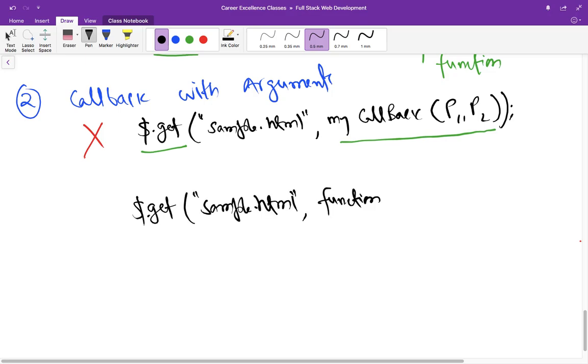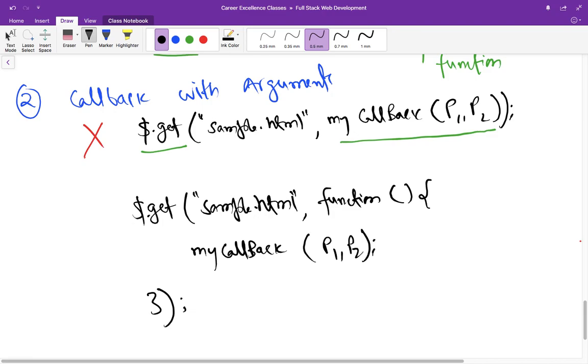Get, here it is anonymous function, and now you can write callback function here along with its parameters P1 and P2. So when this get function finishes getting the page sample.html, it executes the anonymous function, which in turn executes myCallback along with its parameters P1 and P2.